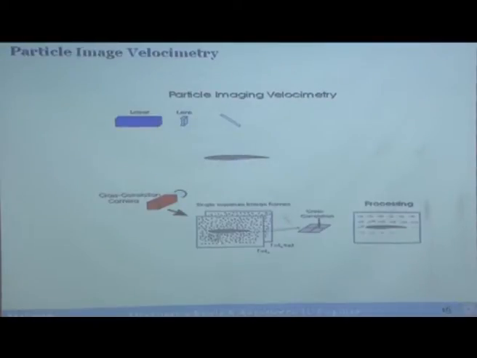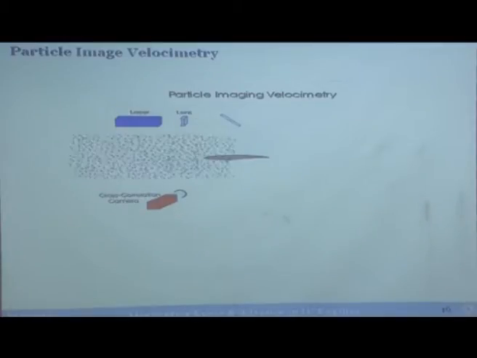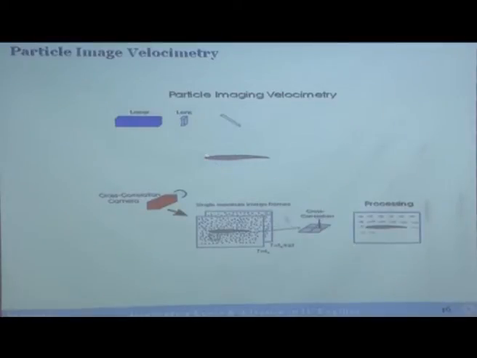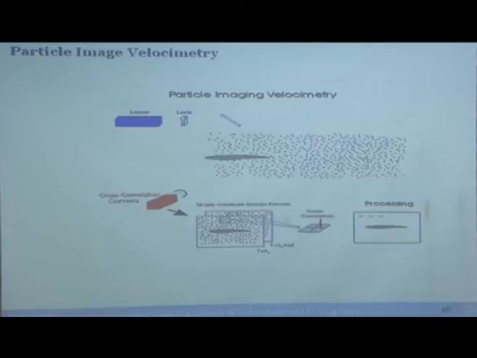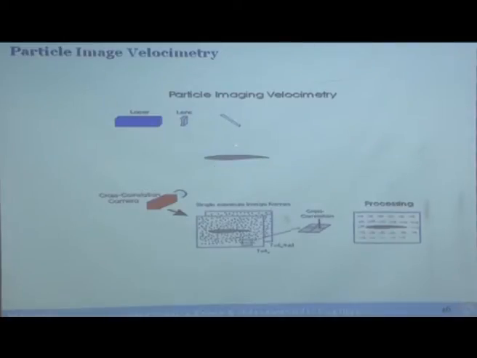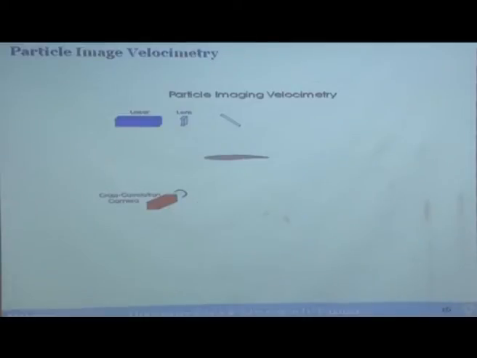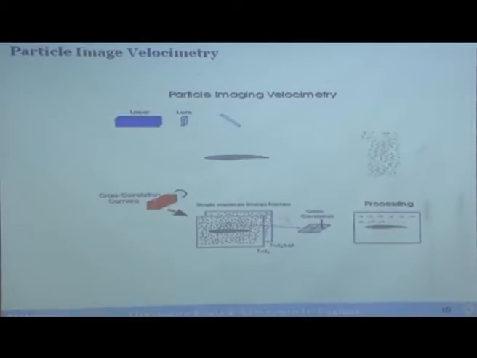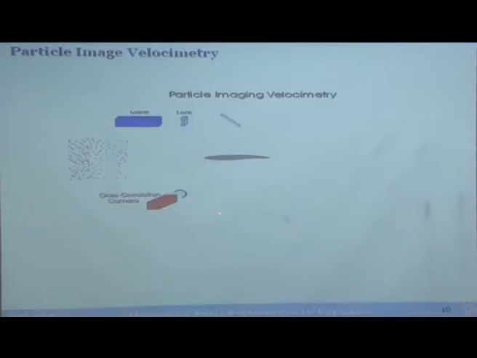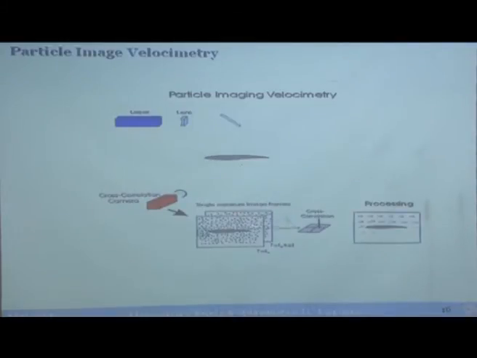So, this animation actually tells the same story which I showed you in a figure. This is an aerofoil, we are interested in looking at flow across the aerofoil, flow vectors across the aerofoil. So, you have this laser and this is the sheet optics. Once the sheet optics come, this is the zone that is illuminated, this is the seeded flow that is coming, and you are capturing through this camera two images. This is first image, this is the second image.